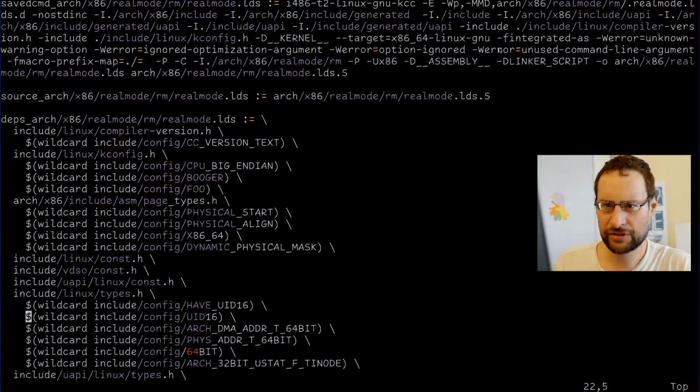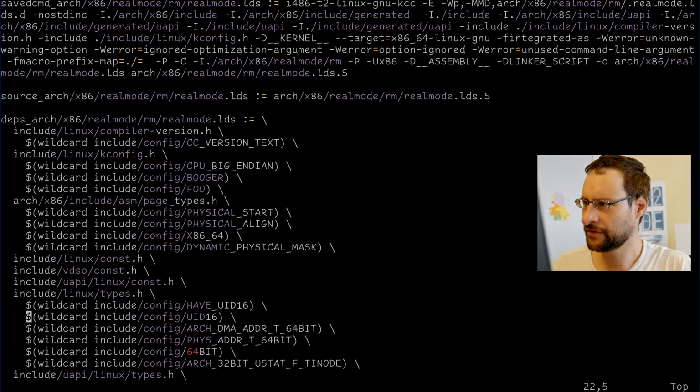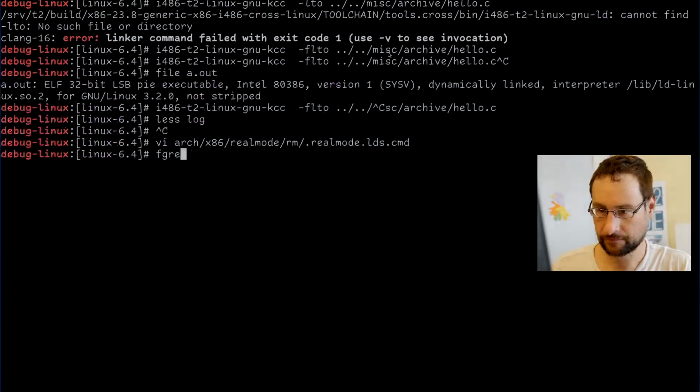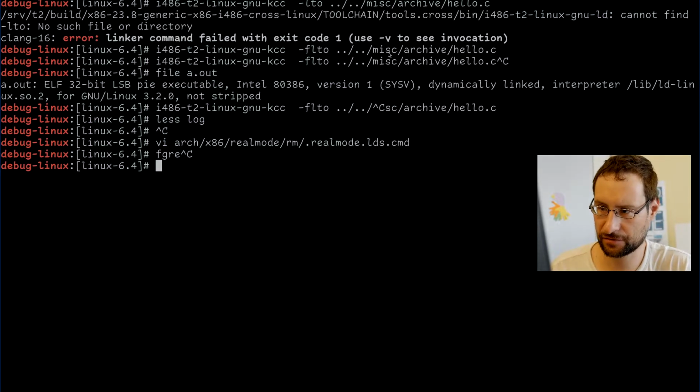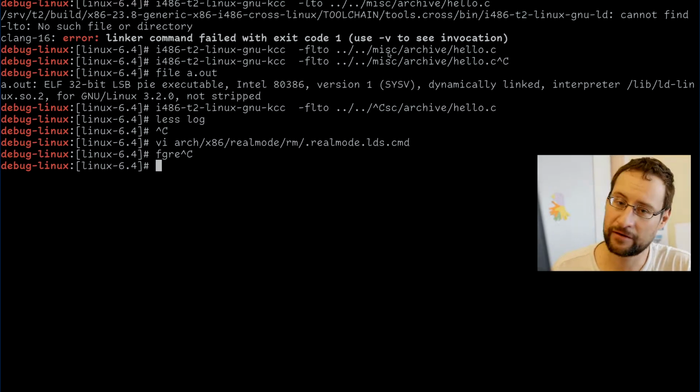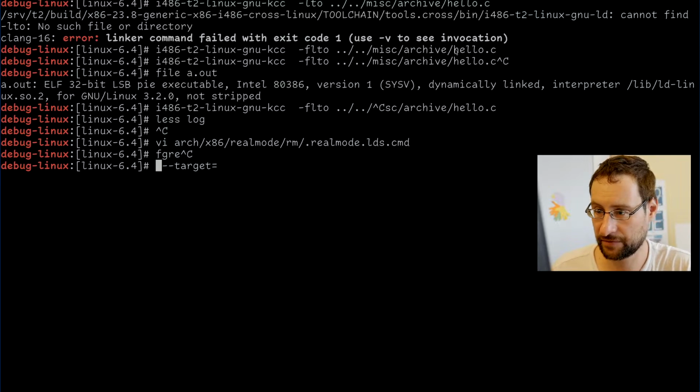So what do they do? Save command, source, ld, something. Probably we need to check where they get this target from. Maybe that is so, but why did it? Okay, fine, let's not think about why my manual run thing also didn't work for reasons. Or maybe I've run the wrong Clang, that might be.